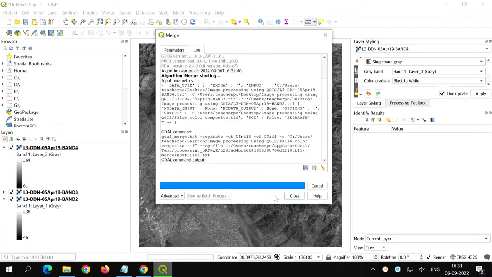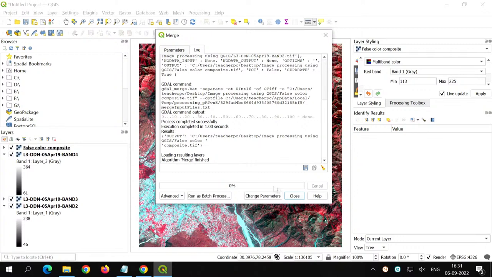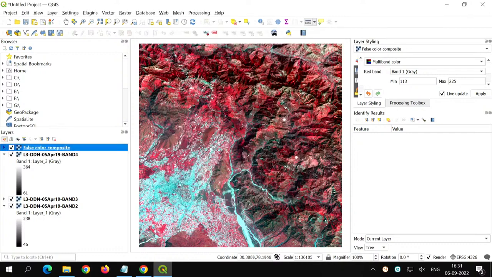Now let me run this. It may take a few seconds and we are done. It says algorithm merge finished. Now close this box and you see your false color image has been immediately added to the layers panel. Let me turn off the rest of the bands. Here I see my